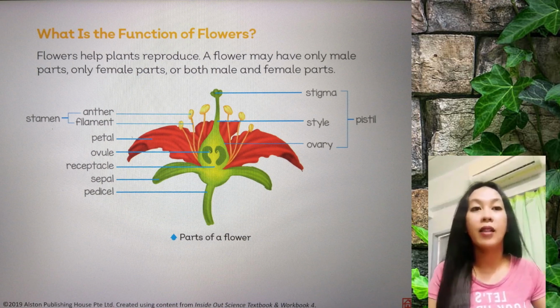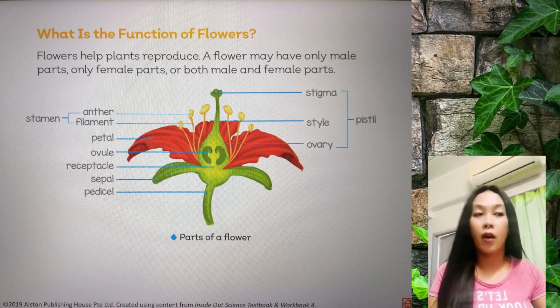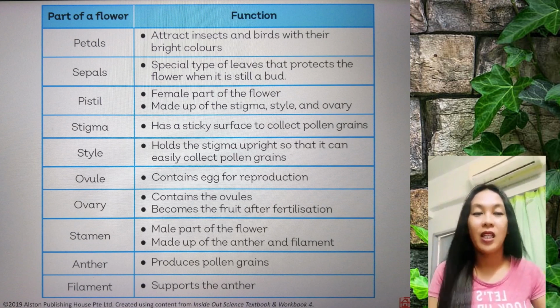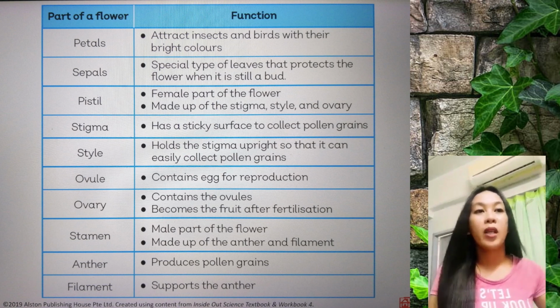We have the anther and the filament, which makes up the stamen. We also have the stigma, style, and the ovary on the other side, which makes up the pistil. Petal, ovule, receptacle, sepal, and pedicel are other parts of our flower. So the petal attracts insects and birds with their bright colors. Sepals are a special type of leaves that protect the flower when it is still a bud or